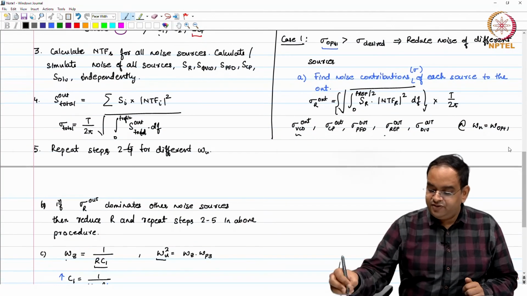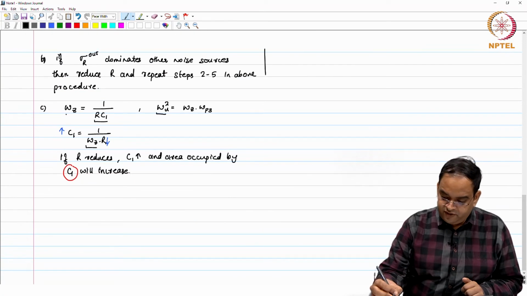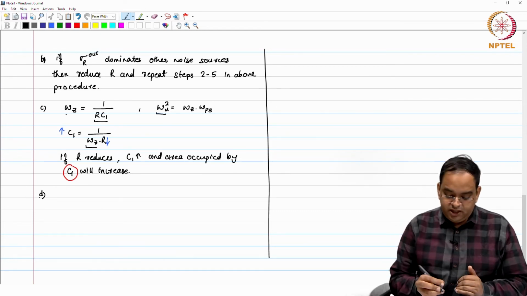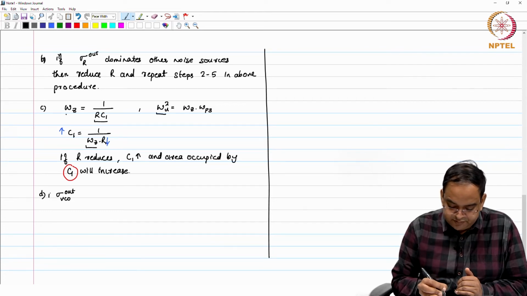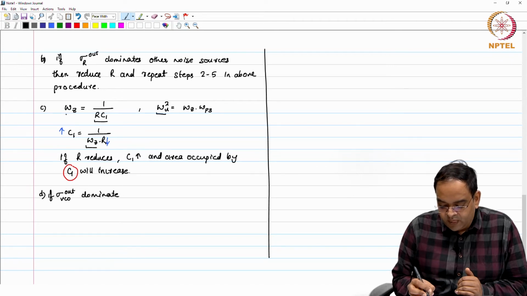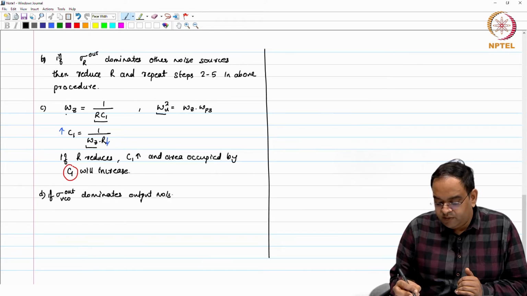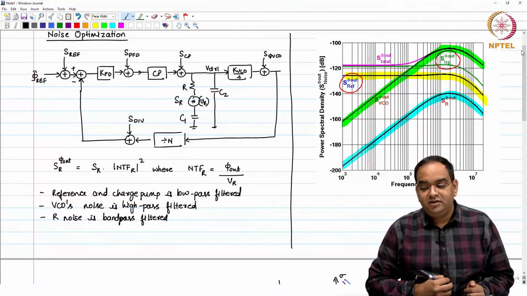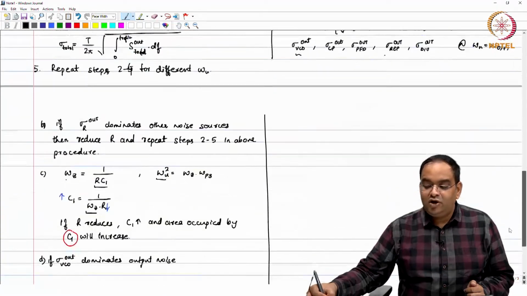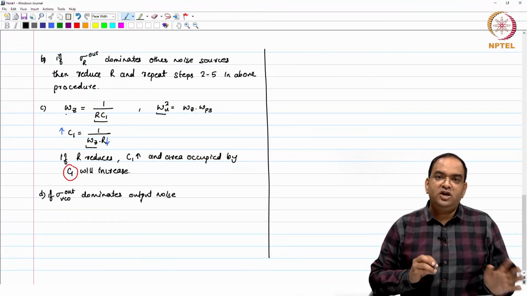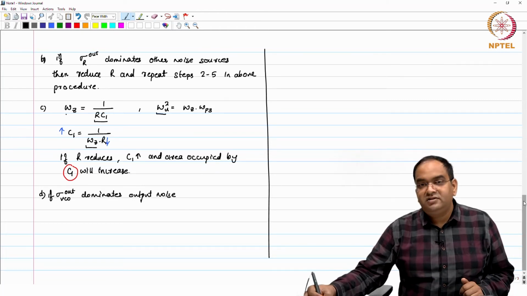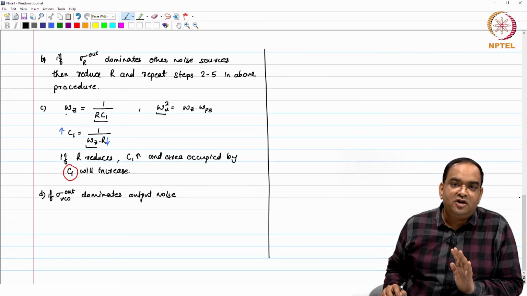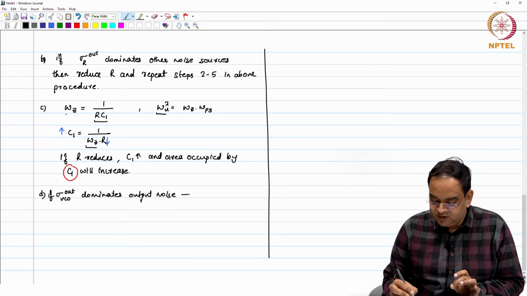Now, the case which we have discussed is only with respect to R. Now, if you find another option, because you can have multiple options here: if sigma out of Vco dominates the output noise and you still do not meet the requirements, what to do? In that case, well, the plot which I showed you earlier, in this case actually Vco noise dominates, right. So, if Vco noise dominates, then the only option which you have is, because you cannot change the reference frequency, you cannot change the output frequency, because the reference is fixed and the output frequency is something which you want, and at omega OPT and your sigma OPT it does not meet your requirement, then the only way is, if this happens,